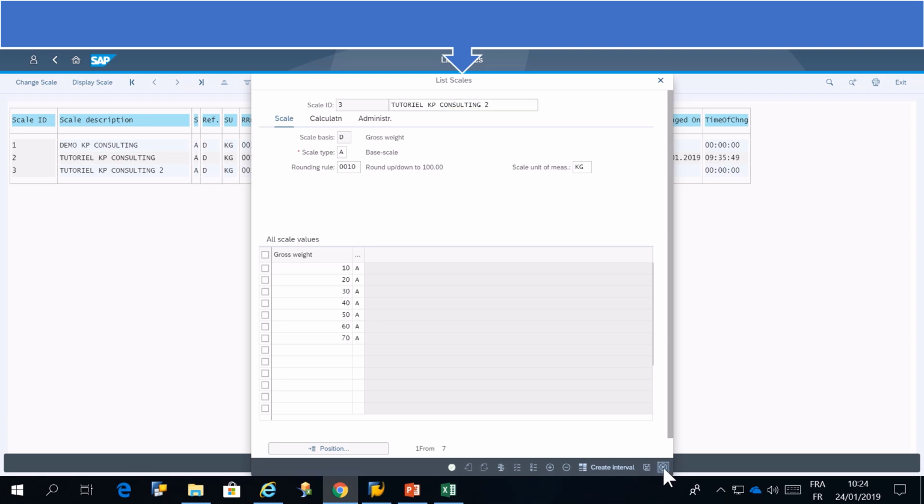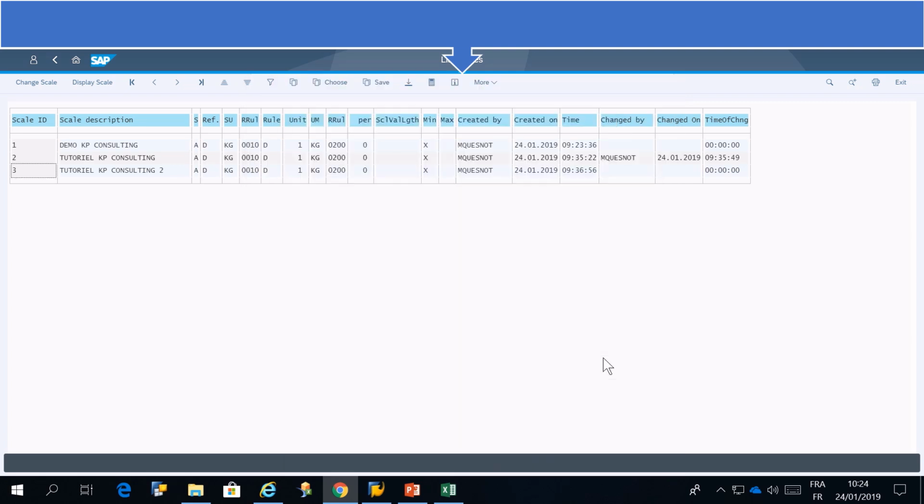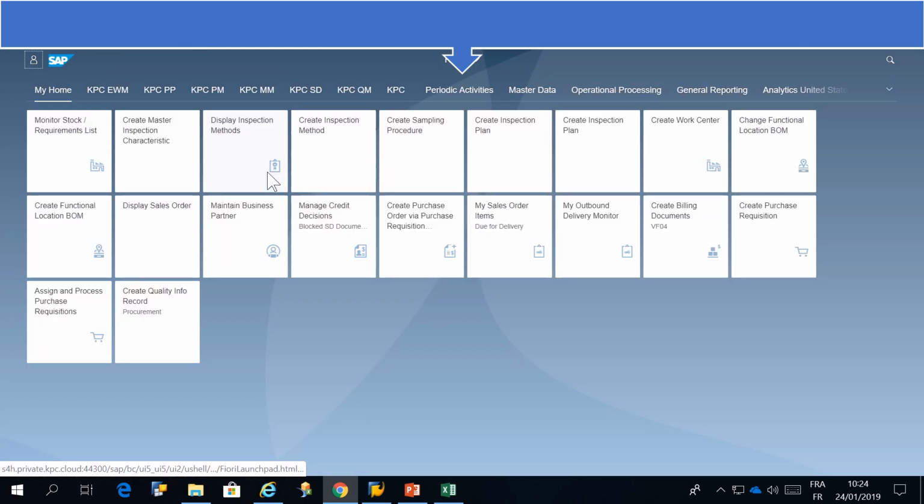So starting from scratch, how do we even make one of these price scales? Right, so you've got to start with transaction code VS01. That's where you go to make a new scale. And the first thing you've got to pick is the scale basis. The examples you sent me use D